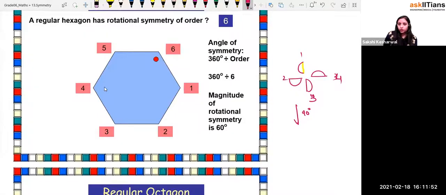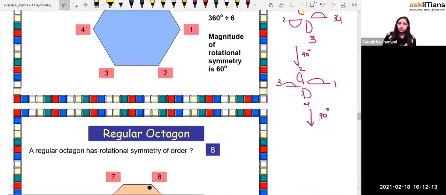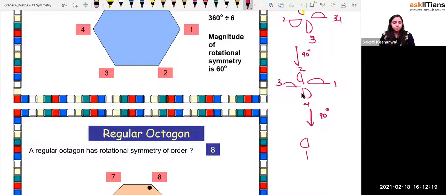You have rotated clockwise, right? So what happened? This is going to be the figure, right? So 1 is going to be over here. Now 4 is going to be coming over here. This is like 1, then 2, then this is 4, and then this is 3. Again, if you do the rotation by 90 degrees, that is known as what, beta? The magnitude of the rotational symmetry, right? So this is going to be like this, and like this, right? So what happened? This 1 will come over here now. This is going to be 2, this is going to be 3, and this is going to be 4.